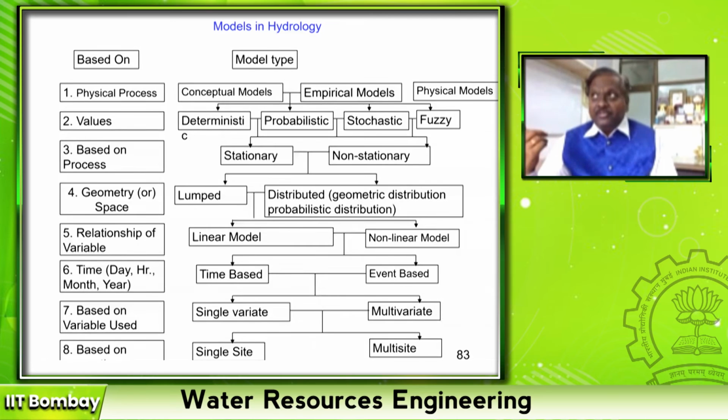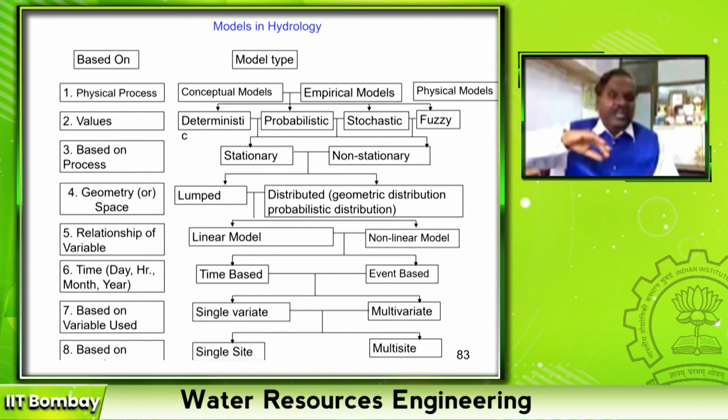Sometimes there is a confusion. I use the previous time stepped runoff to predict the runoff. If I use 5 time steps, it is not multiple variables. It doesn't mean multivariable. It's a single variable only. You are using multiple time steps. Multivariate means you use different processes to predict another process. That is what multivariate is. So these are all some of the models.